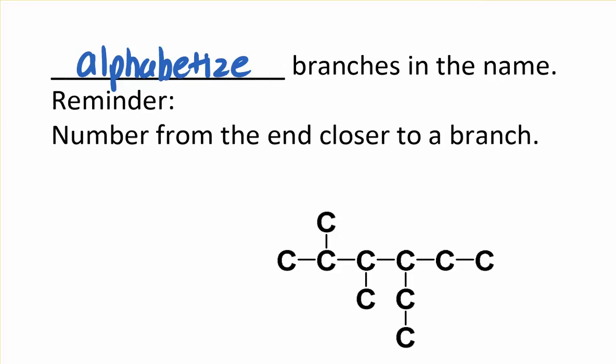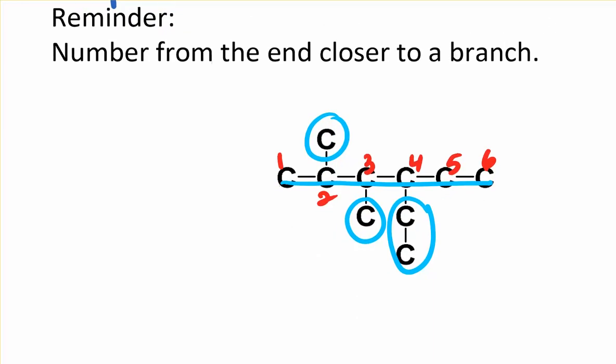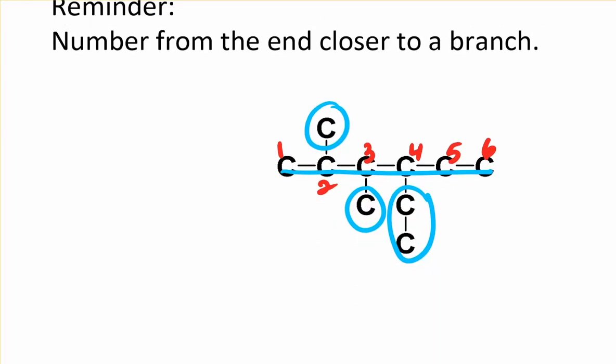So let's look here. We've got our longest chain here. That gives us these three as branches. We're going to number from the end that's closer to a branch, which is this one. Then when we put together the name, we're going to start with our ethyl. We have two methyls and an ethyl, so we'll start with our ethyl,